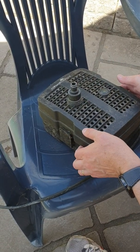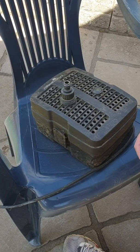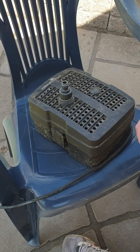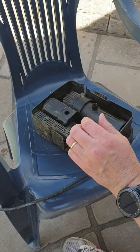So, after taking out my AllPondSolutions pump, I'm going to strip it down because it has stopped working. May need cleaning, so I'm going to have a look at it and see what the problem is. So, yeah, obviously unclip it at the side of your cover. A sponge comes out,